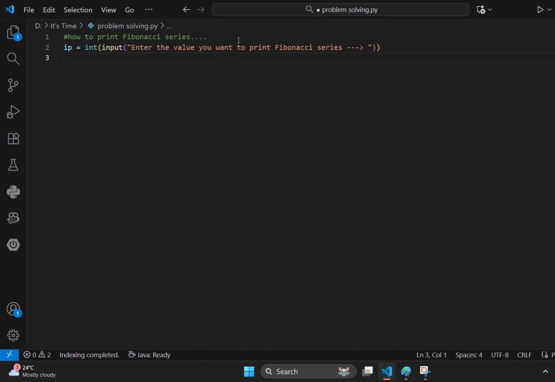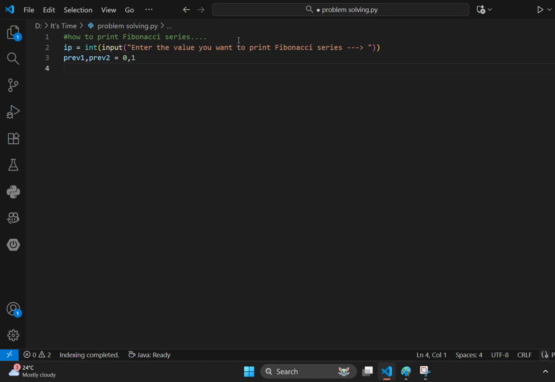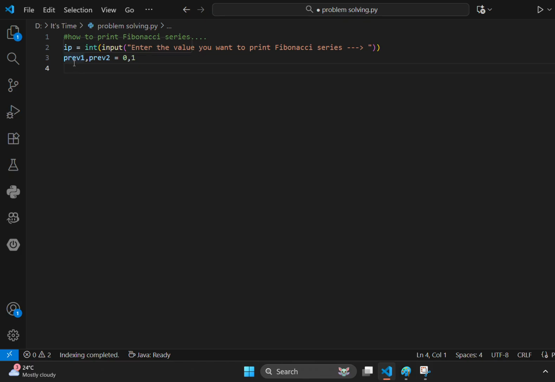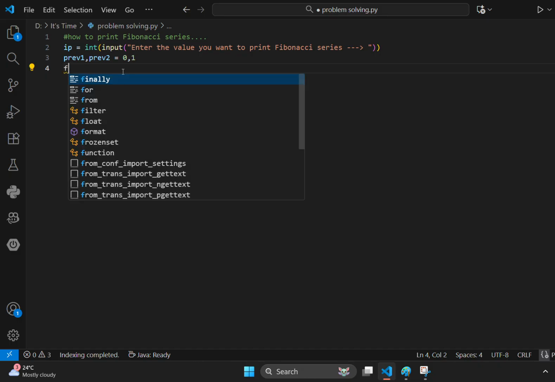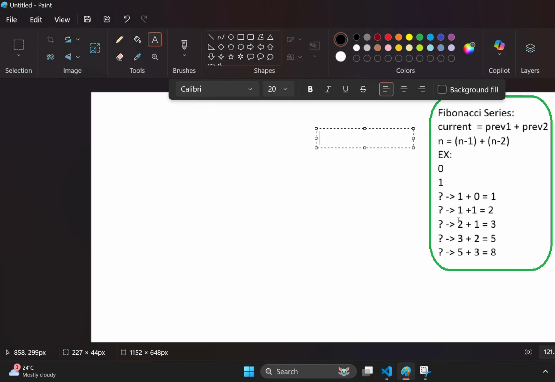First, take two integers, previous one and previous two, and assign the values 0 and 1. Hope you already understood my point. Why? Because I said these two are fixed. 0 and 1 are fixed for the first two Fibonacci numbers. That's why I used previous 1, previous 2 equals 0, 1. After that, I will print them, because whatever input you give, you need to print 0 and 1, except when your input is